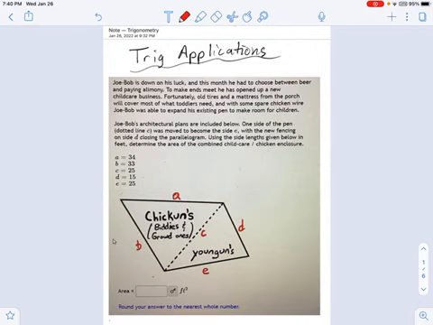Now that we know how to find the area of oblique triangles, those are triangles that don't have a right angle in them, we can actually use this to find all sorts of interesting shapes' areas, like parallelograms. So I've drawn a parallelogram here. The word problem itself, you can read through this thing to see what's going on, but the important stuff is